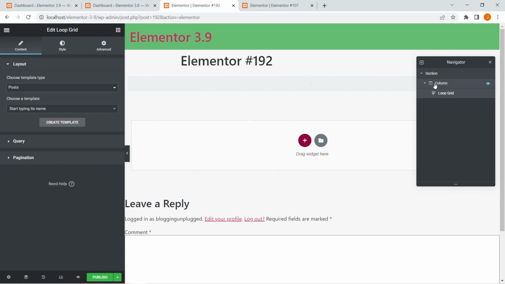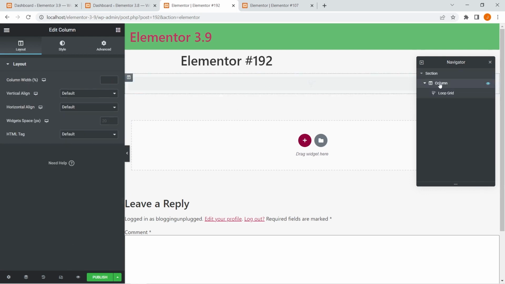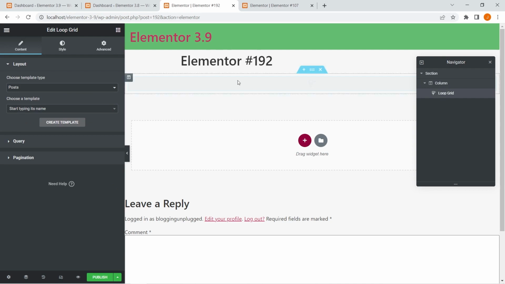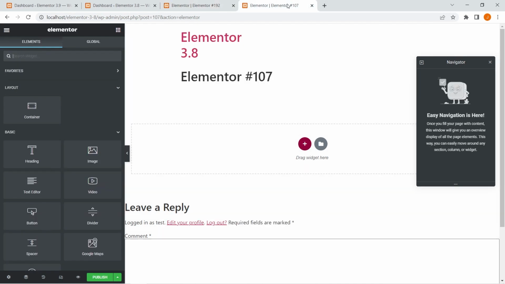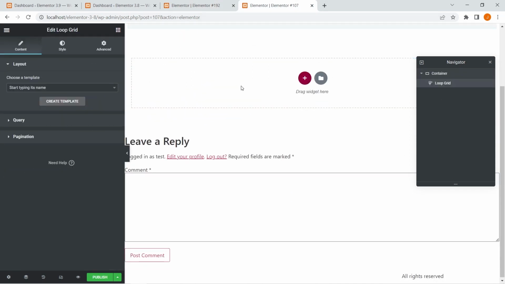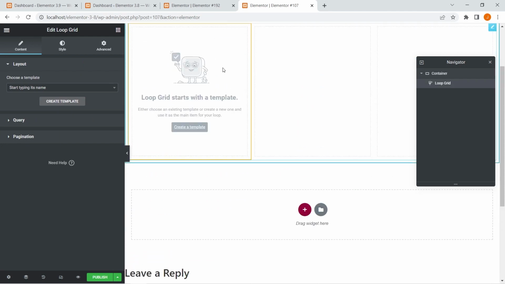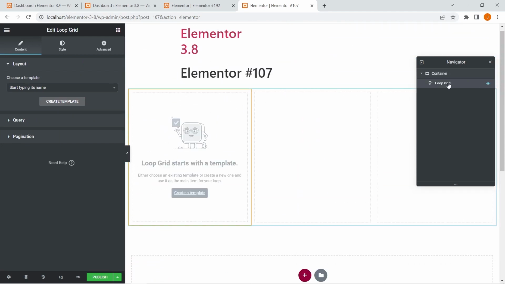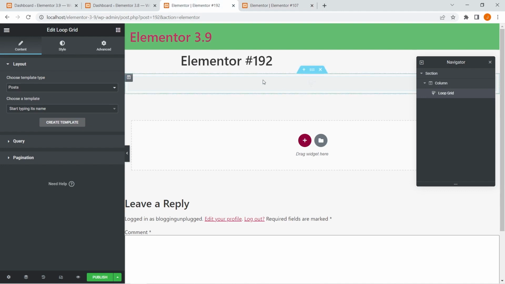You can see it clearly says the section, the column, and the loop grid, right? You can see right over here. Similarly, in Elementor Pro 3.8, this is the loop grid right over here, the container and the loop grid, right? So the container is required for loop grid in Elementor Pro 3.8. However, it is not required for sections and columns in Elementor Pro 3.9, because it works with sections and columns,